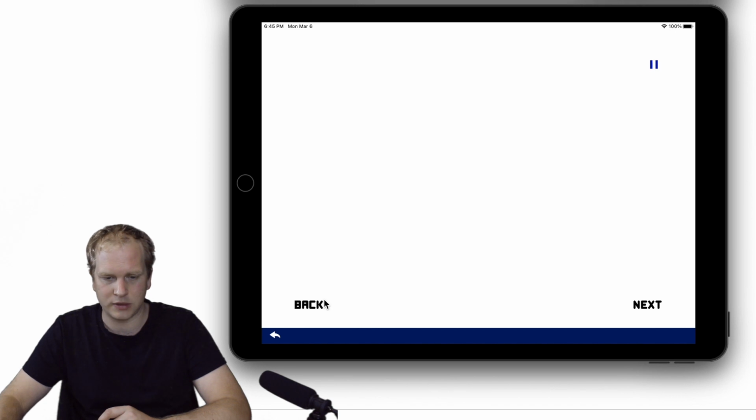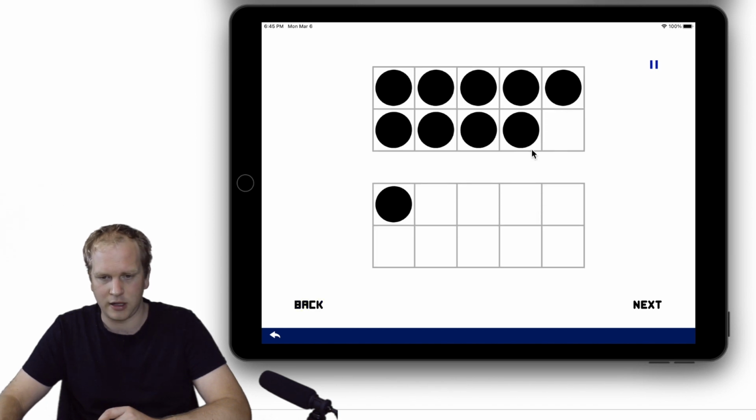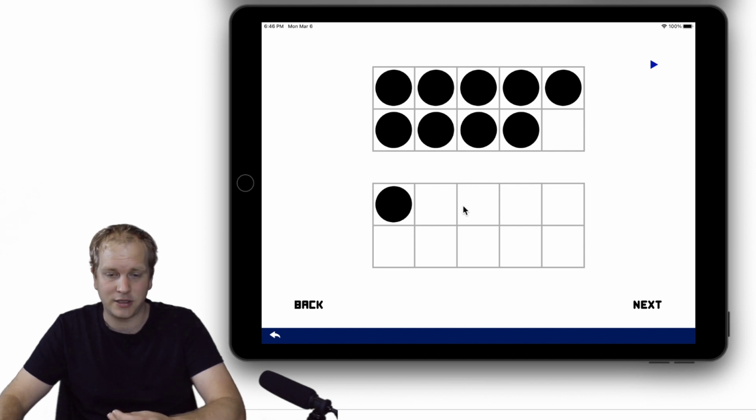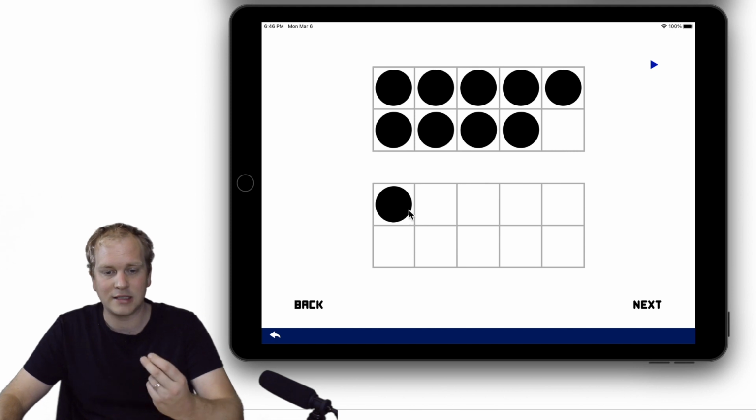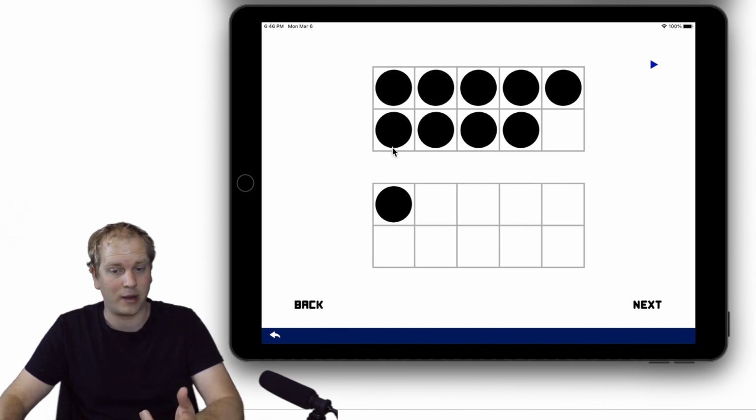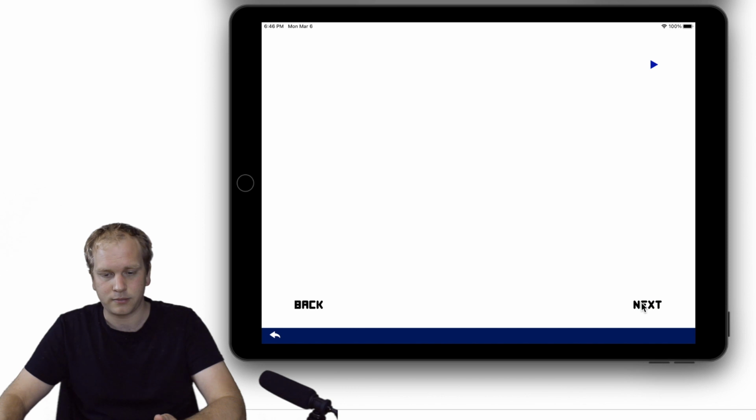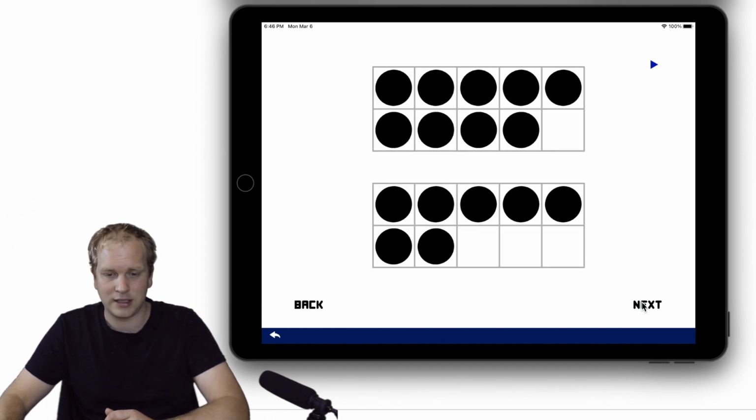So if I unpause that tens frame at the top there, and I just find a number 9 here, I'm going to now pause that as a number 9 at the top. So now at the top, that's going to stay a 9. And so now what we're doing is we're practicing the build to 10 strategy, and we're visualizing whatever the bottom collection is, we're visualizing one coming off that collection to make a 10, and then visualizing what's left over. So we can straight away see here that 9 and 1 is 10. But if we go to the next example,